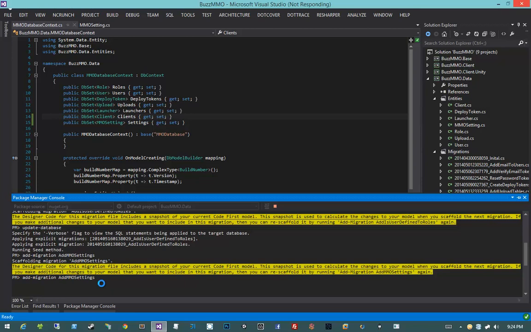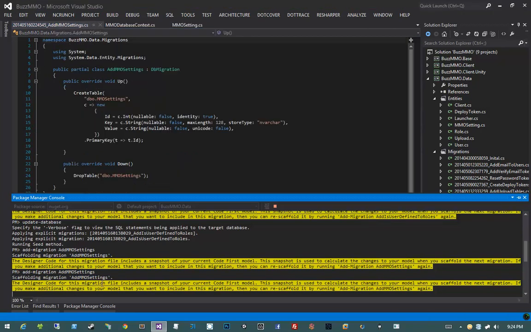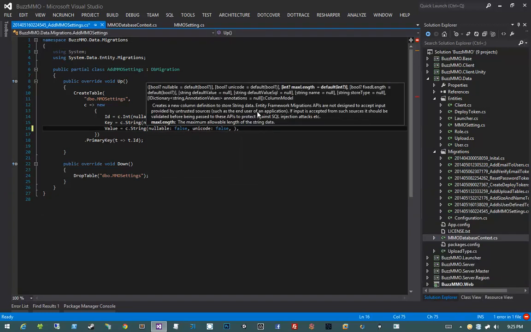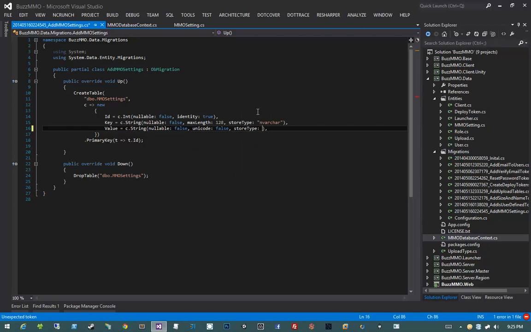Visual Studio is dying a horrible death. There we go. Okay, so in addition to the table, we also want to make a couple of modifications. First of all, value. I want to store the value as a store type of nText. An nText field is going to be a Unicode text field that is of any length. So that's exactly what we want in this particular scenario, because we don't want to constrain our value to any